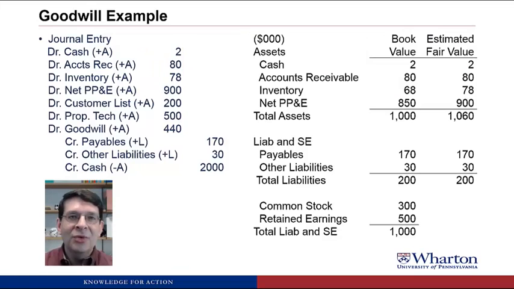So there are two issues here. The first is that Goodwill is a plug. So if you estimate those fair values of the net assets incorrectly, it directly affects your Goodwill asset. So if you overestimate the fair value of the customer list, you will understate Goodwill, or if you understate the fair value of that customer list, you'll overstate Goodwill. The second issue is